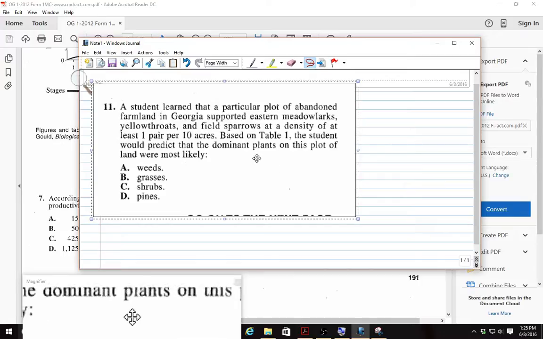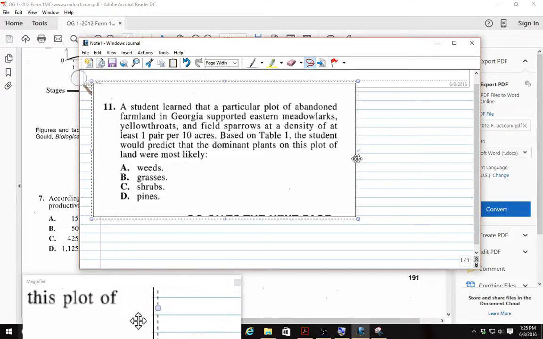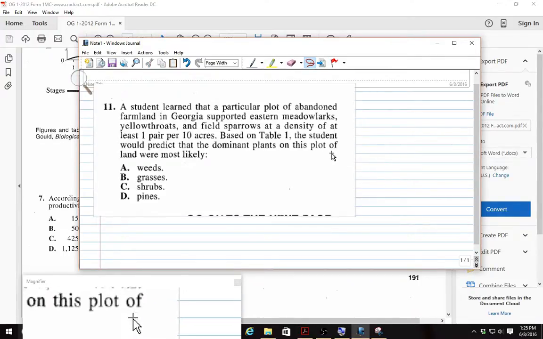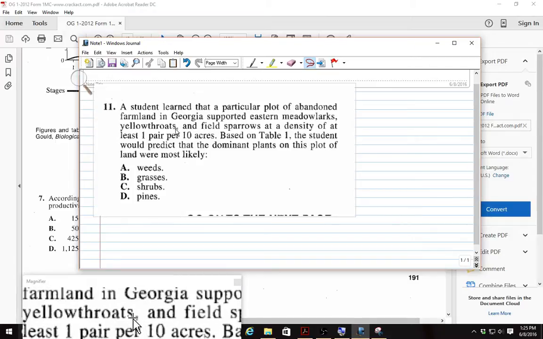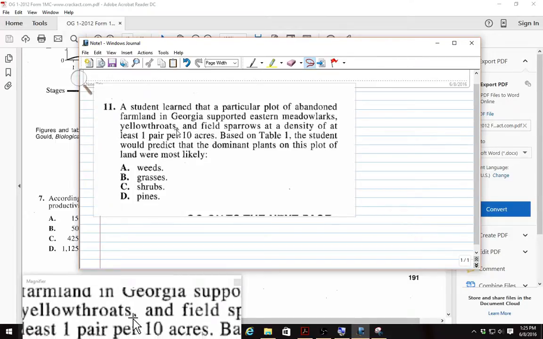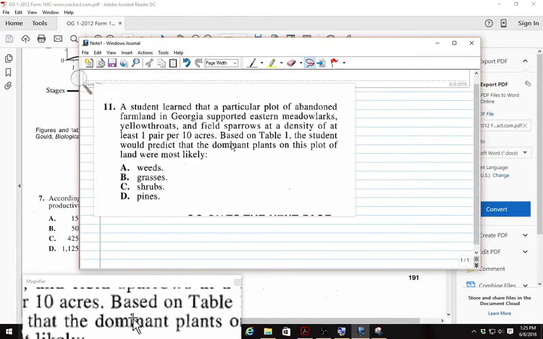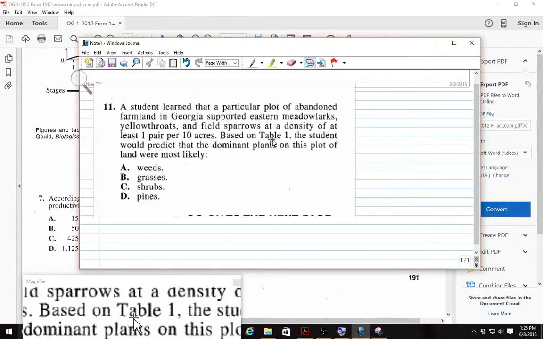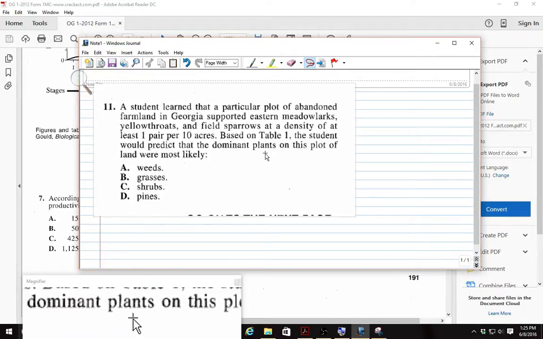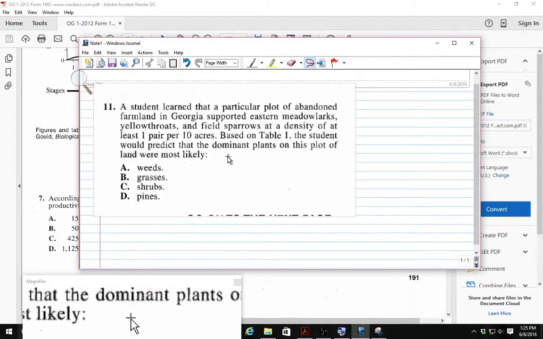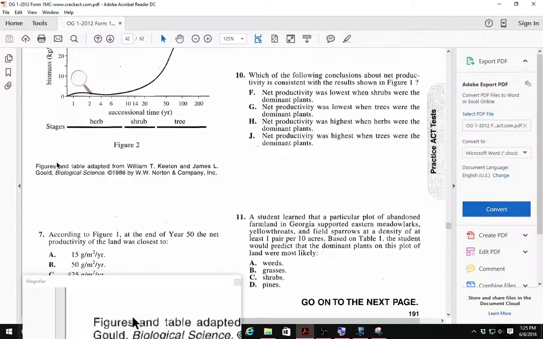A student learned that a particular plot of abandoned farmland in Georgia supported eastern meadowlarks, yellowthroats, and field sparrows at a density of at least one pair per 10 acres. Based on Table 1, the student would predict that the dominant plants on this plot of land would most likely be